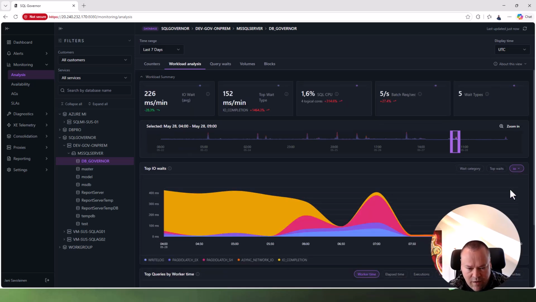IO. Okay. Now it tells us that it has PAGEIOLATCH_EX and PAGEIOLATCH_SH, especially quite high there, and that's deviating from all the other norm it had earlier on. So it's most likely related to those waits, which narrows down the problems that we are most likely facing here, because now this is a good point that this may be the slowness